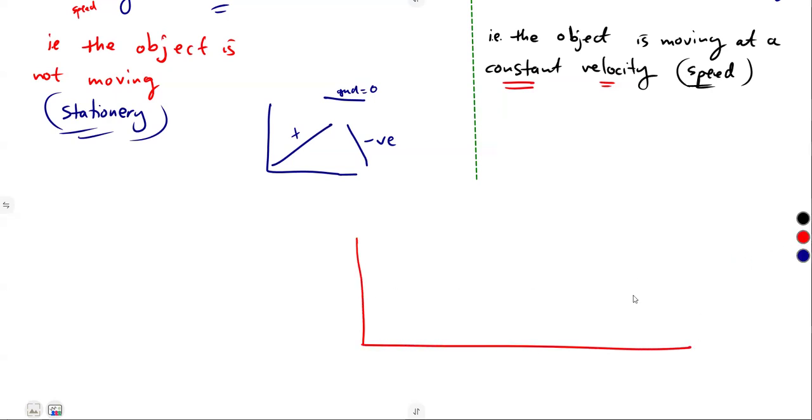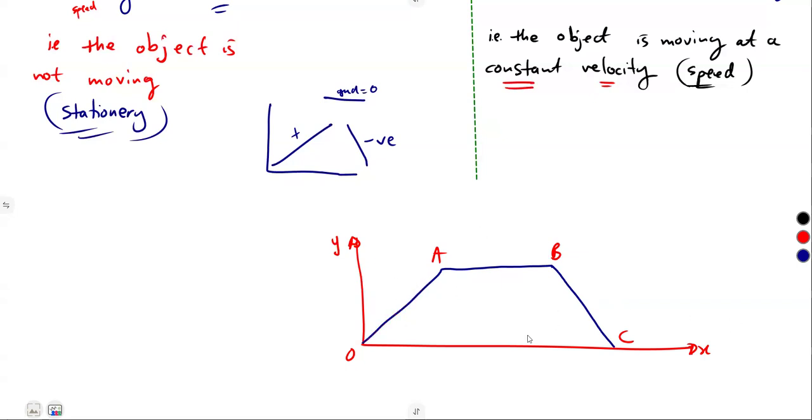Let's say we join all three together, where the gradient is positive, where the gradient is equal to zero, and when the gradient is negative. Here I'm interpreting this algebraically. In our algebra, we are talking about gradient. From A to B, we are talking about the gradient being constant because it's a straight